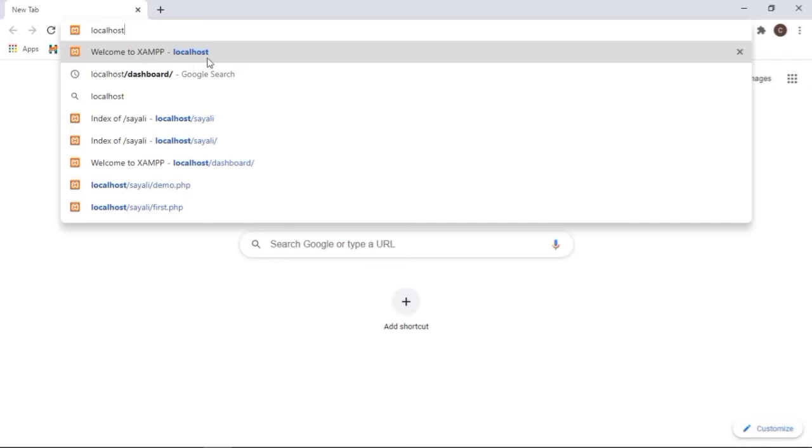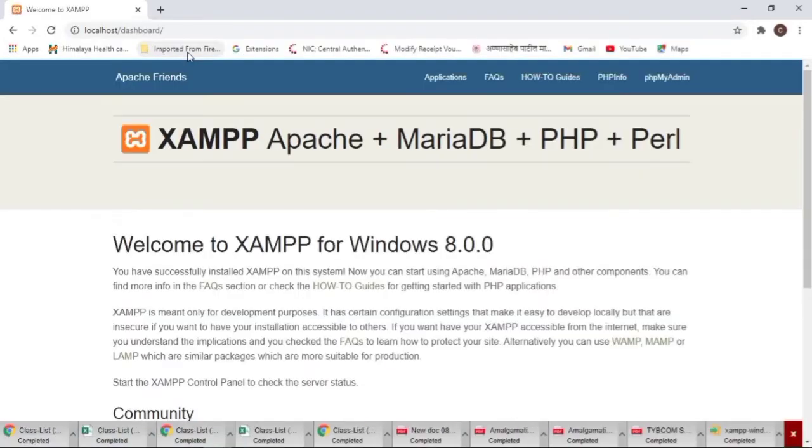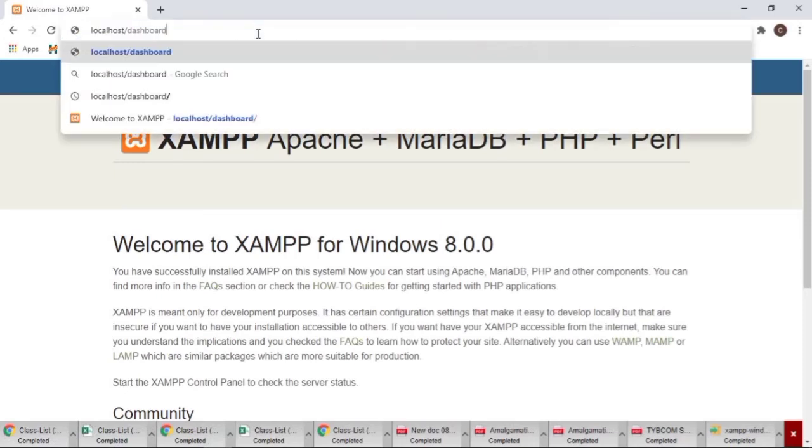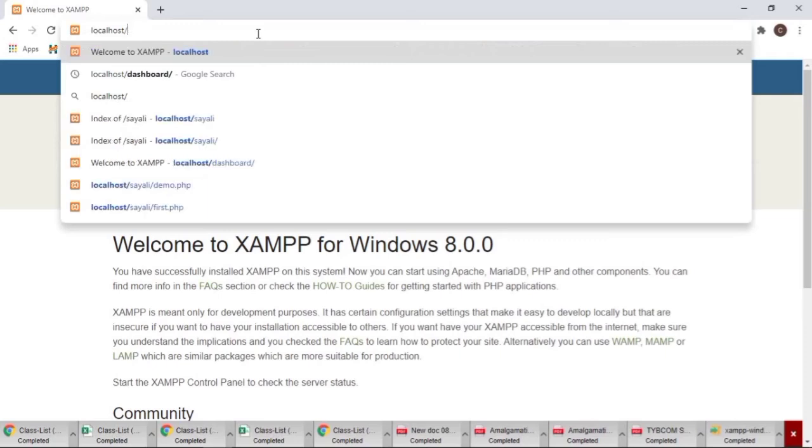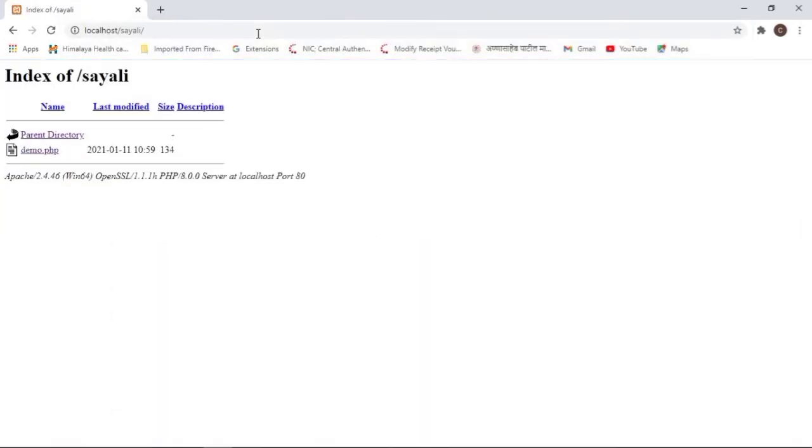Then we have to check if there is any mistake, and you have to install the XAMPP again. Okay, now I have installed a XAMPP server successfully, and that's why after typing the localhost here, this link is enabled, that is welcome to XAMPP. So enter. After that this screen will appear. Now to run the program, that is in a Siley folder, that is our project location, we have to open that project location. So type here name of your folder and again press enter.